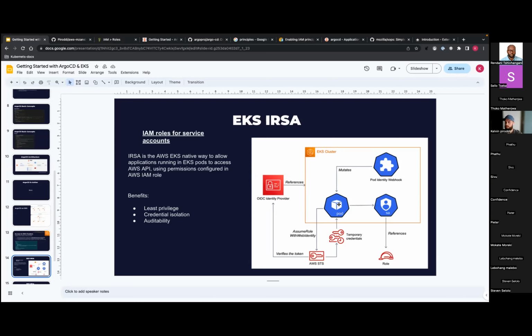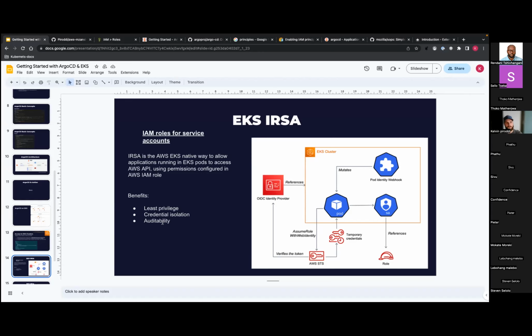When you deploy this pod, under the hood there's another controller which sits on the EKS control plane, which sees, hey, this pod belongs to a service account, and this service account is linked to this IAM role. Let me inject some AWS credentials. There's an admission controller on Kubernetes which mutates your pod, and we'll show you that. It actually changes your pod and injects credentials onto it, which ArgoCD can then use to access the Kubernetes cluster.